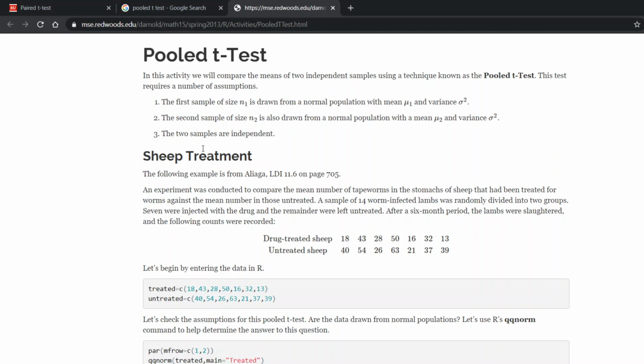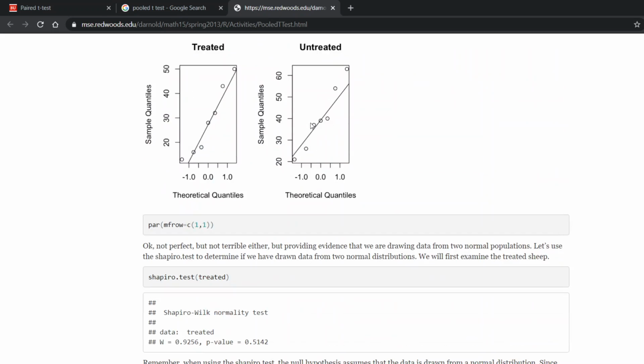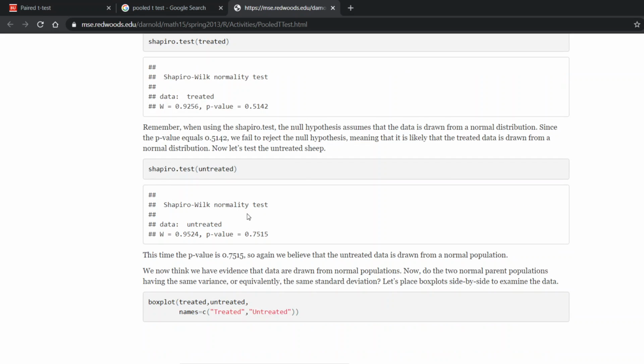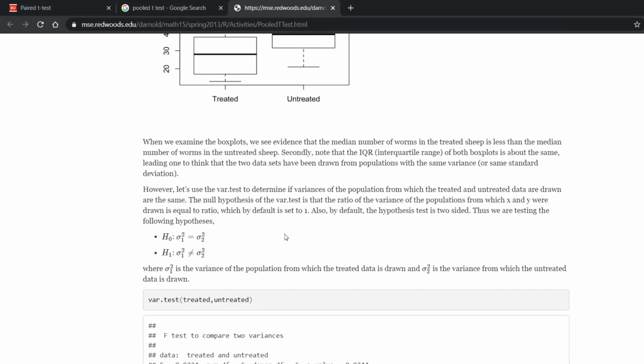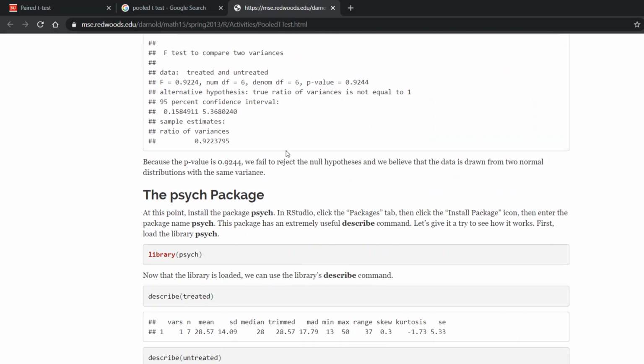Now, the author is analyzing sheep treatment, and there's a set of three nice assumptions. And specifically, the two samples are independent, and after using all this machinery in R to show a nice data visualization, there is